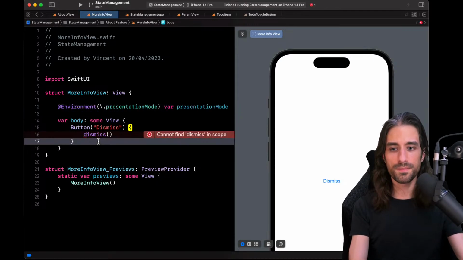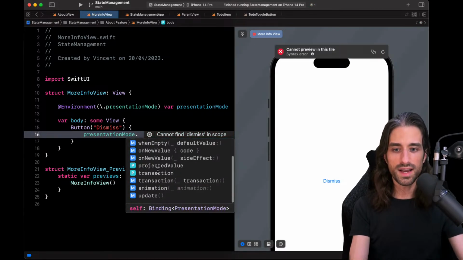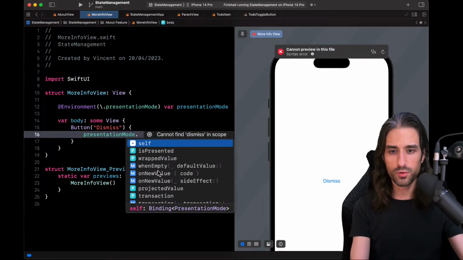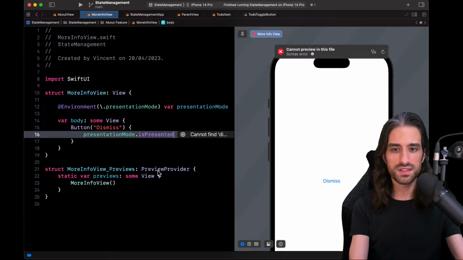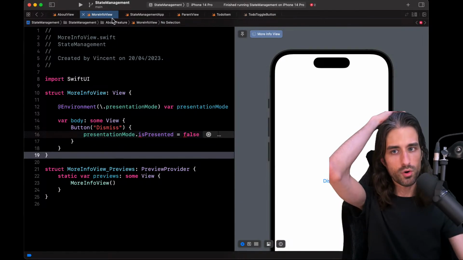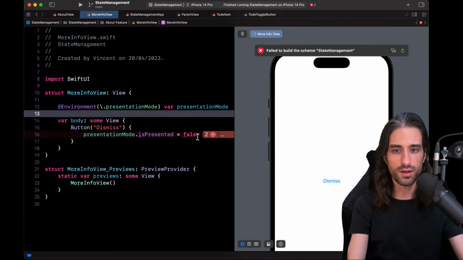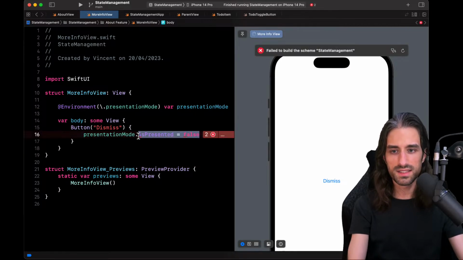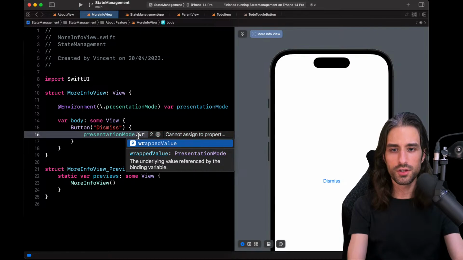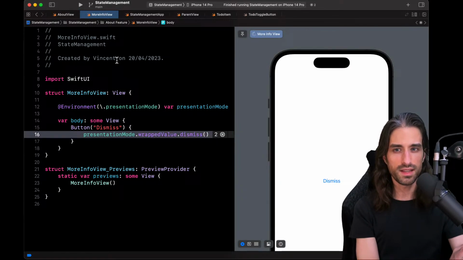And on the presentation mode, what you would do is set isPresented to false, if I remember correctly. No, because it's read-only, so you cannot do that. Instead, on the presentation mode, you have the wrappedValue, and on it you call dismiss. Yes, that's the way it works. So that's the code you would write on iOS 13 or iOS 14.